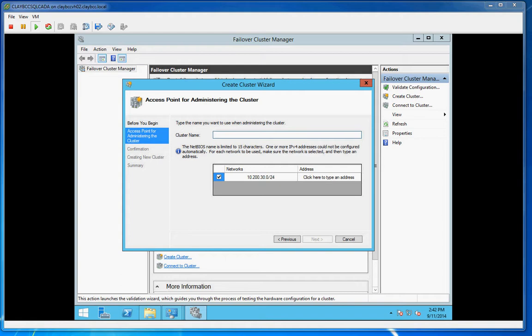So we're going to call this ClayBCC WCAD Clus. Just not like that. We're just going to type it in: ClayBCC WCAD Clus. Yes. So we're going to give it an IP of